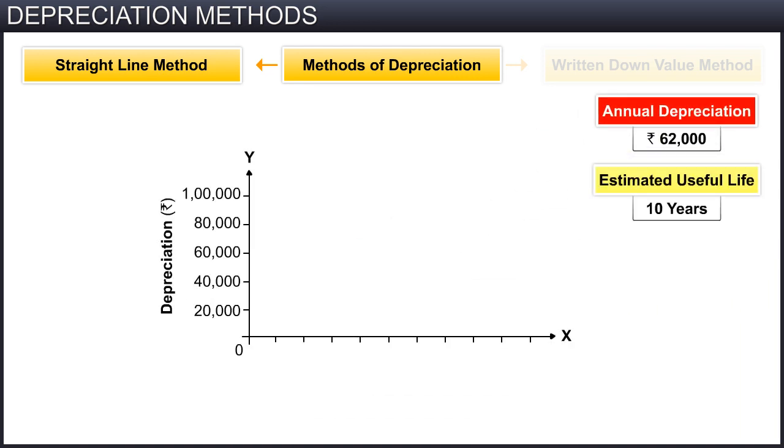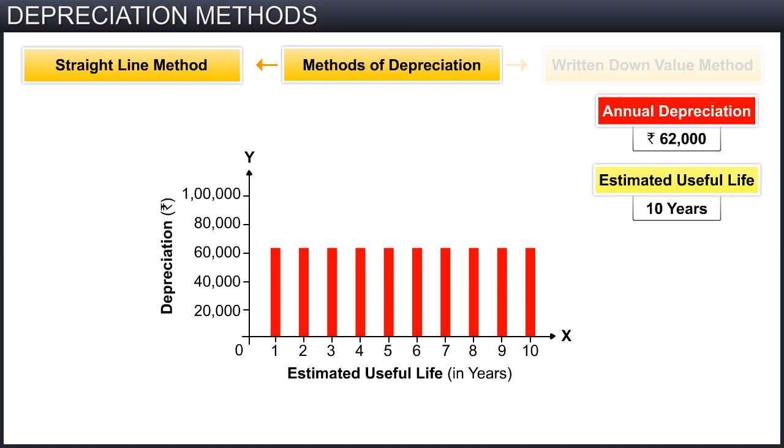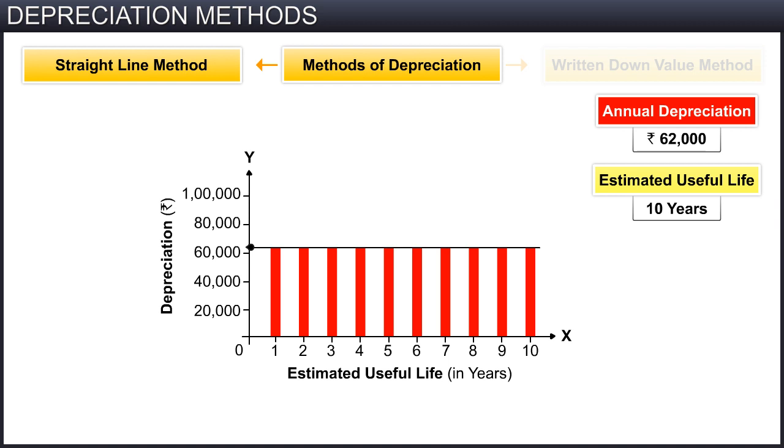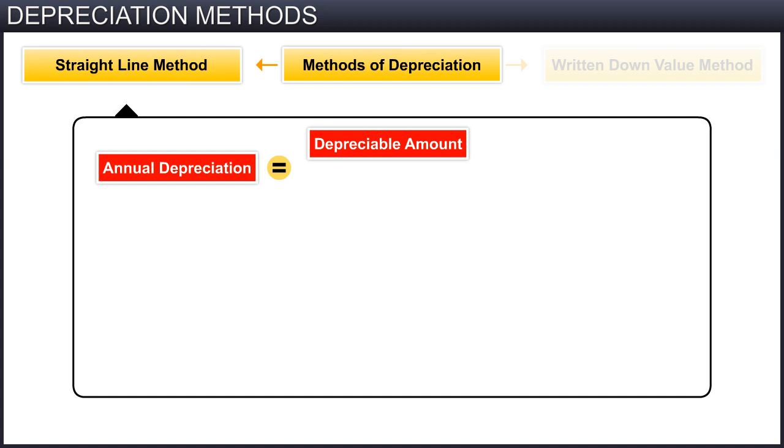If we plot depreciation on the y-axis and the time period in years on the x-axis, you will observe a straight line forming. As such, we call this method the Straightline Method of depreciation. As the amount of depreciation, in this case 62,000 rupees, remains fixed every year throughout its predicted useful life of 10 years, we also refer to this method as the Fixed Installment Method. The annual amount of depreciation in this method is therefore calculated as depreciable amount divided by the estimated useful life